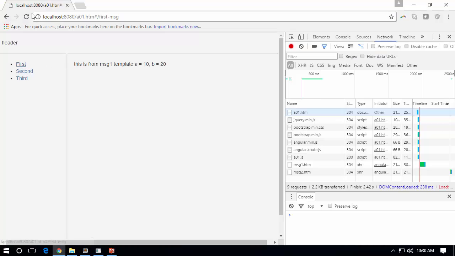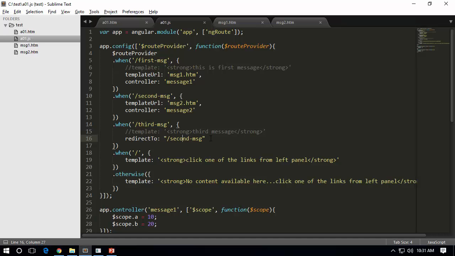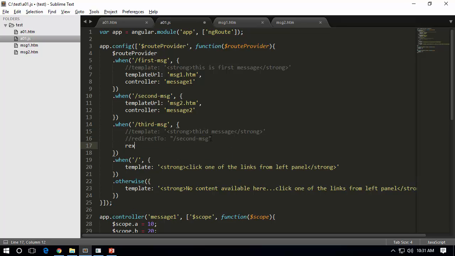So I go to first, let me refresh this. Now I go to third, but even though I clicked on third, it actually goes to the second. And again, so I go to first, I click on second, it still works. I go to first, works with no issues. The moment I click on third, it again automatically gets redirected to second. So that is just another way on how you can redirect from existing routes to new routes, or new routes to existing routes. And you can also have the redirect